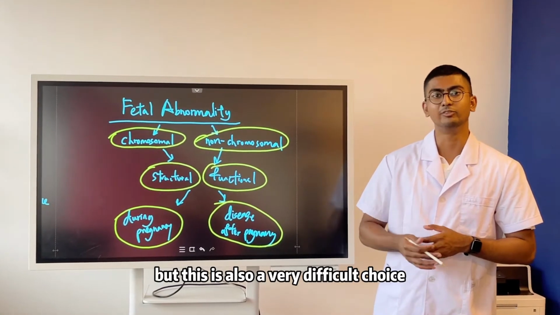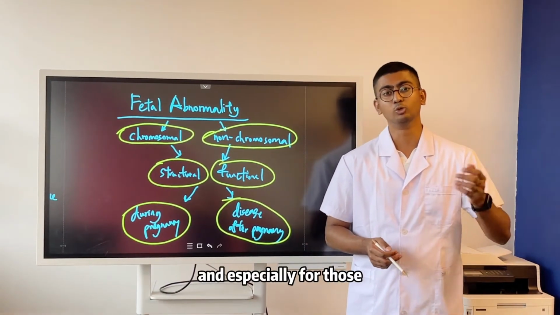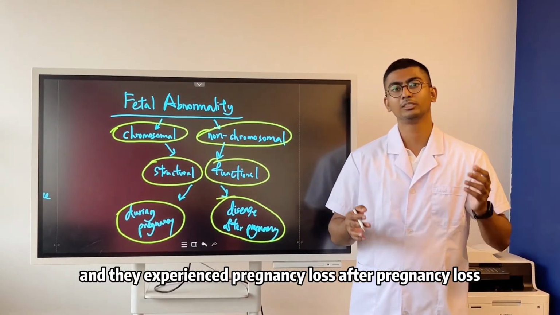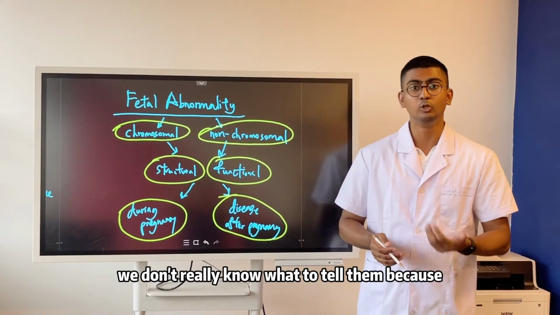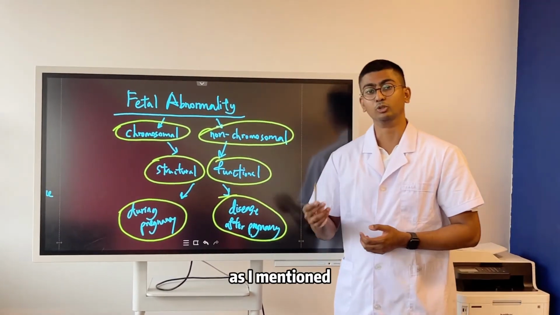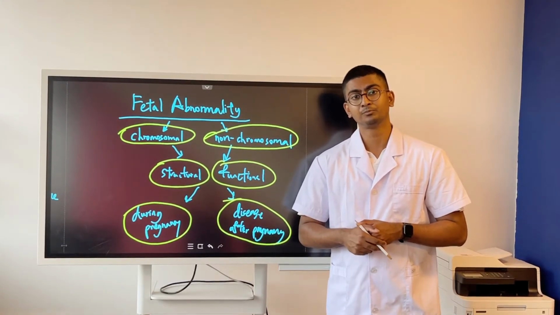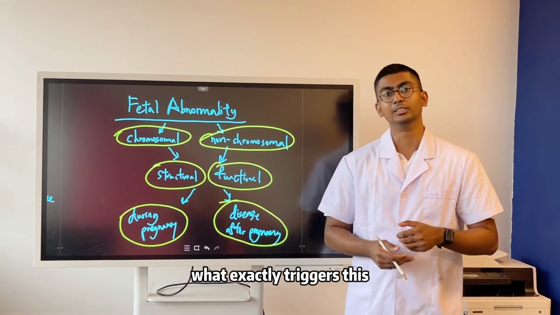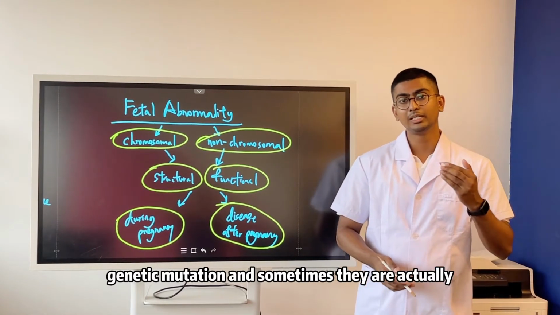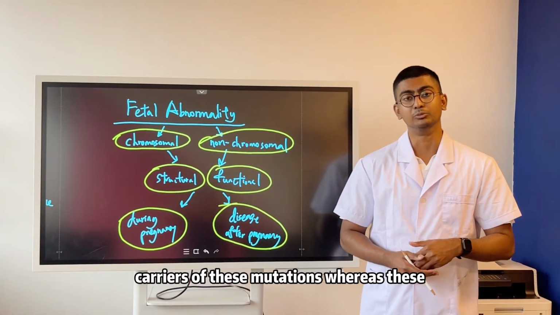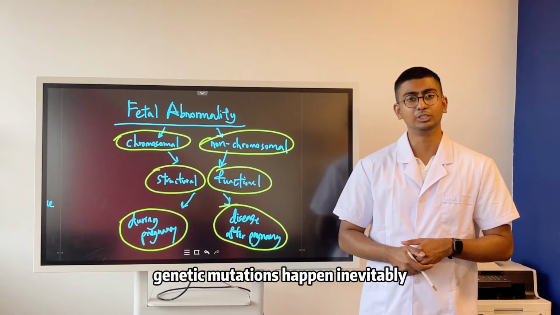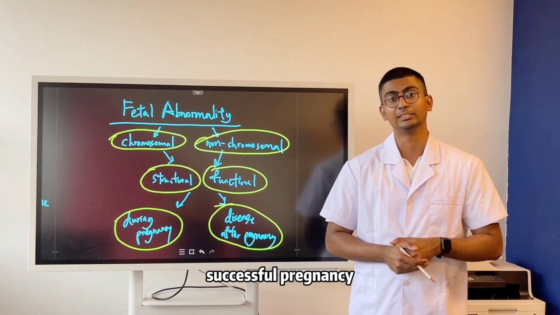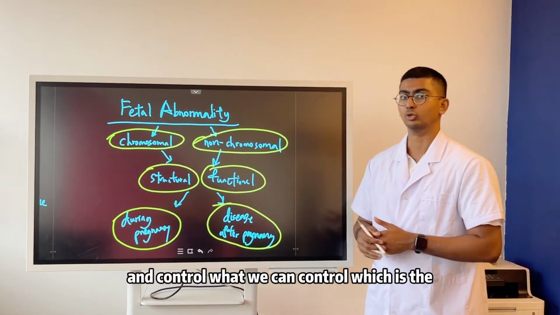But this is also a very difficult choice, especially for those who are facing genetic abnormality, when they experience pregnancy loss after pregnancy loss, and when they come to us for help, we don't really know what to tell them because, as I mentioned, chromosomal abnormality, fetal abnormality, is actually an unsolved problem. We still do not know what exactly triggers this genetic mutation, and sometimes they are actually carriers of these mutations, whereas these genetic mutations happen inevitably. So what we can do is just maximize the chances of a successful pregnancy and control what we can control, which is the